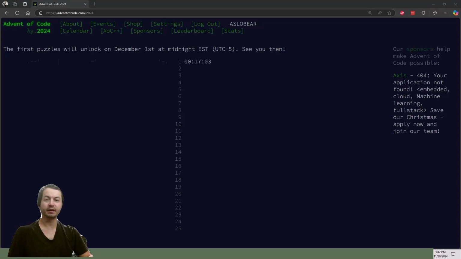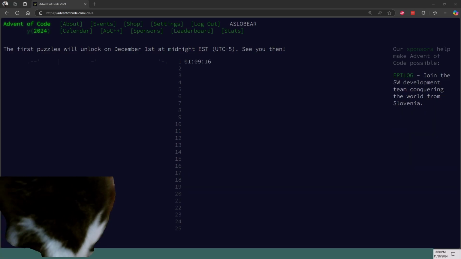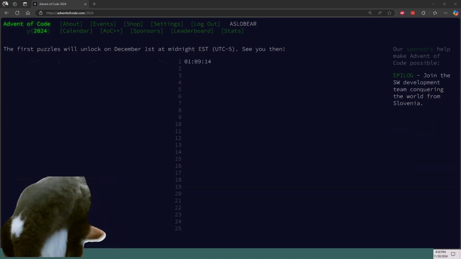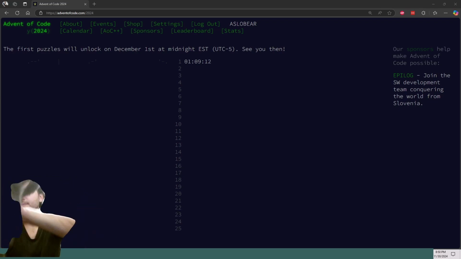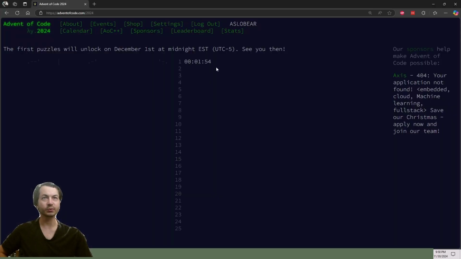We've got about 17 minutes till this Advent of Code problem starts, so we'll be hanging out until that happens. To solve these problems, I'm going to be using Python in Visual Studio Code. Last year there were two-part problems. The first part should probably be pretty easy, and we'll see if we can tackle the second part. When this timer expires, we'll read through the problem and start the challenge.